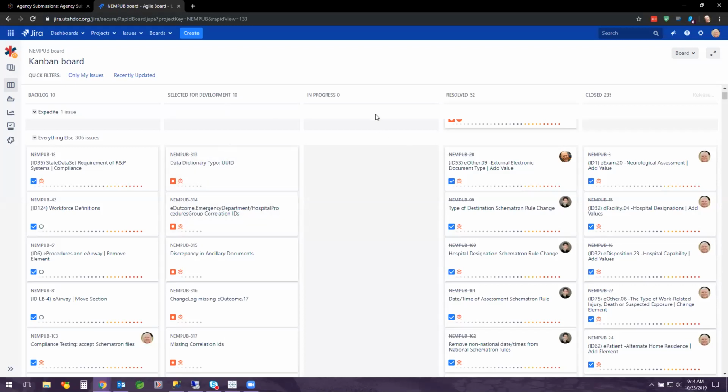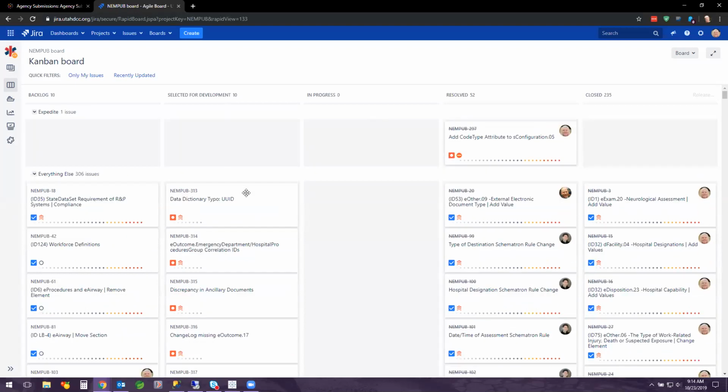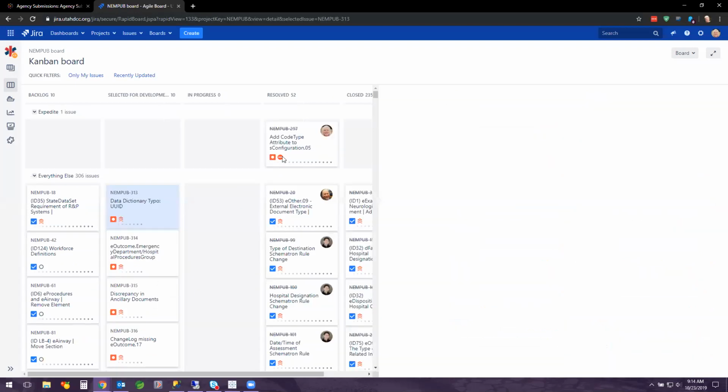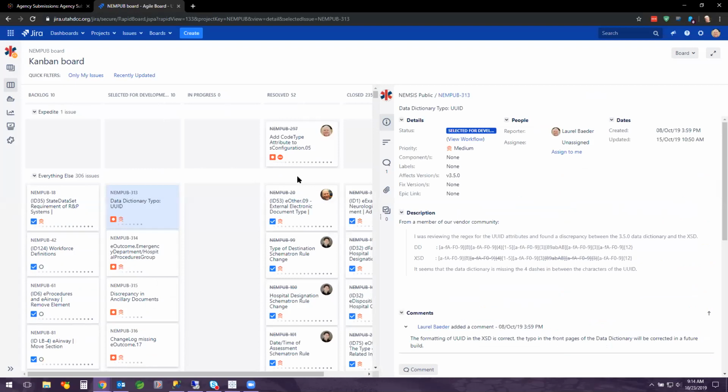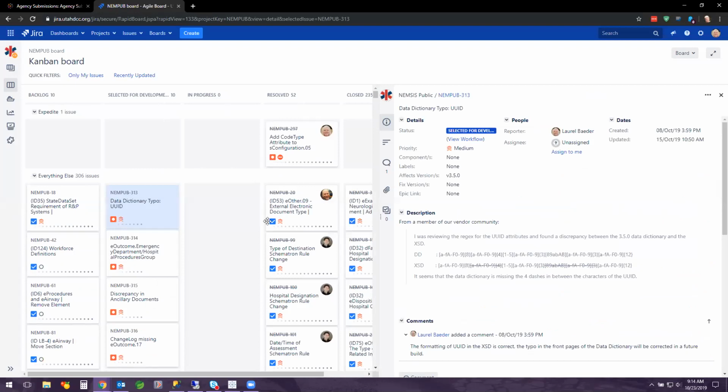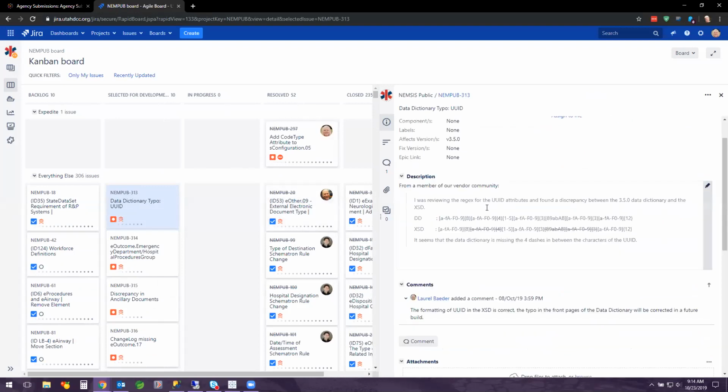So we've had a few new ones reported in the last 2 weeks. I'm going to really quickly review our old ones, and then I'll spend a little bit more time on our new ones. So starting off, we have a typo in the data dictionary for the UUID. So in the data dictionary, in the front pages where the attributes are described, the UUID was described incorrectly, and